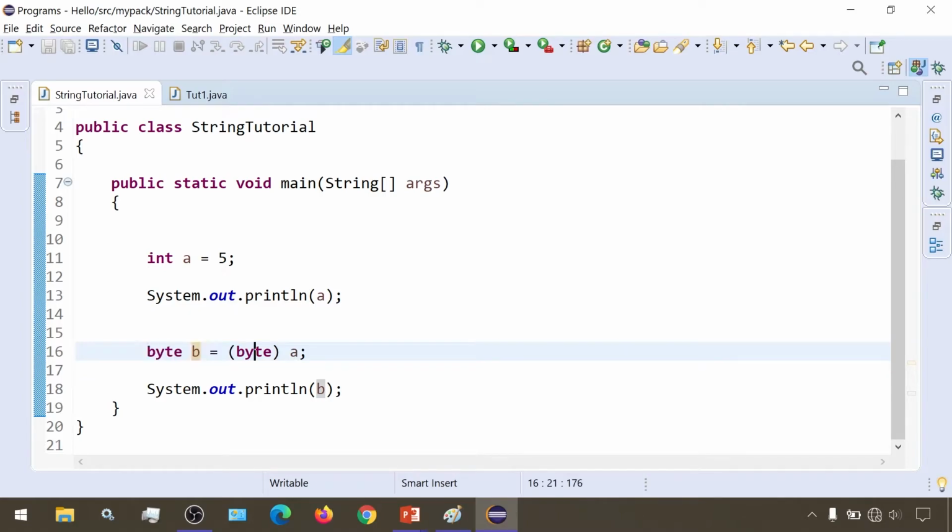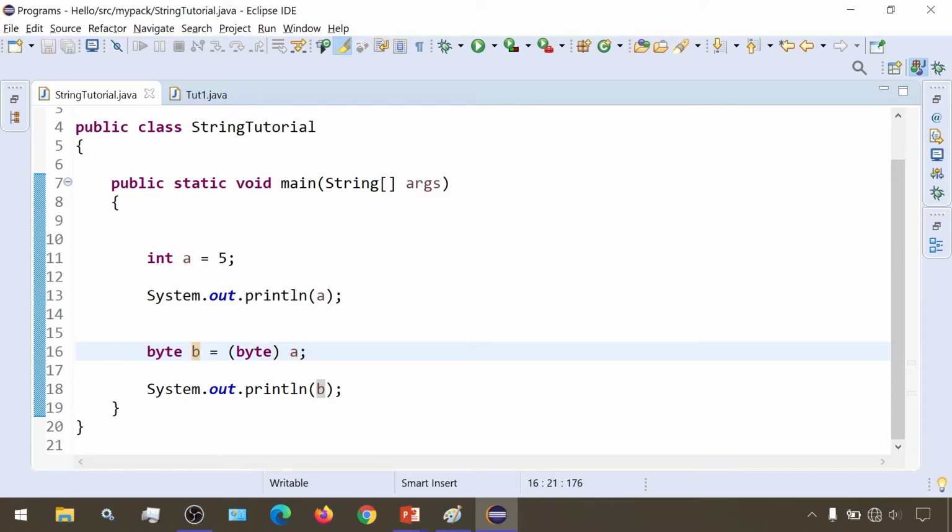It says, take this variable and convert it to type byte, and then assign it. The data type used on the left is not our concern; what happens is, take this variable's value and convert it to byte first, and then assign. Then it will check the destination and source data types, and since both are byte, it will assign this value to this variable.